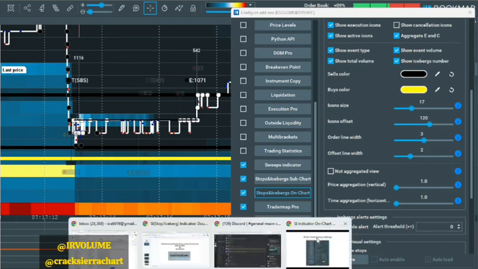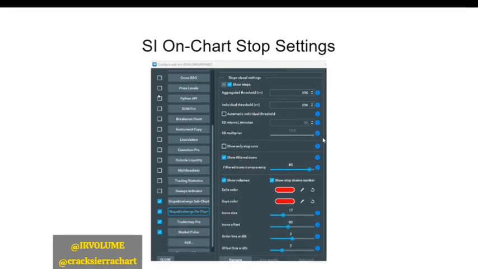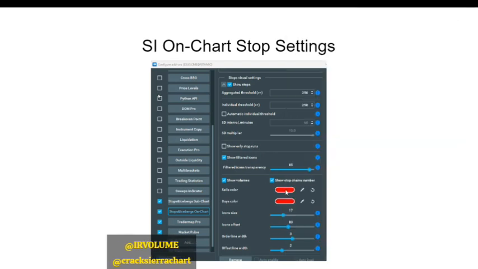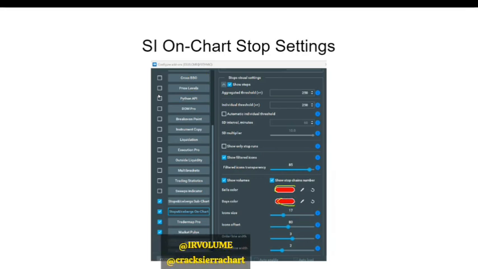And then next one is the stops. Again, I use half the size of my thresholds, and we'll see an example here. I use the sell, buy, sell colors the same. You can change this too if you want. I just have it in orange, which is the subchart color as well. And then